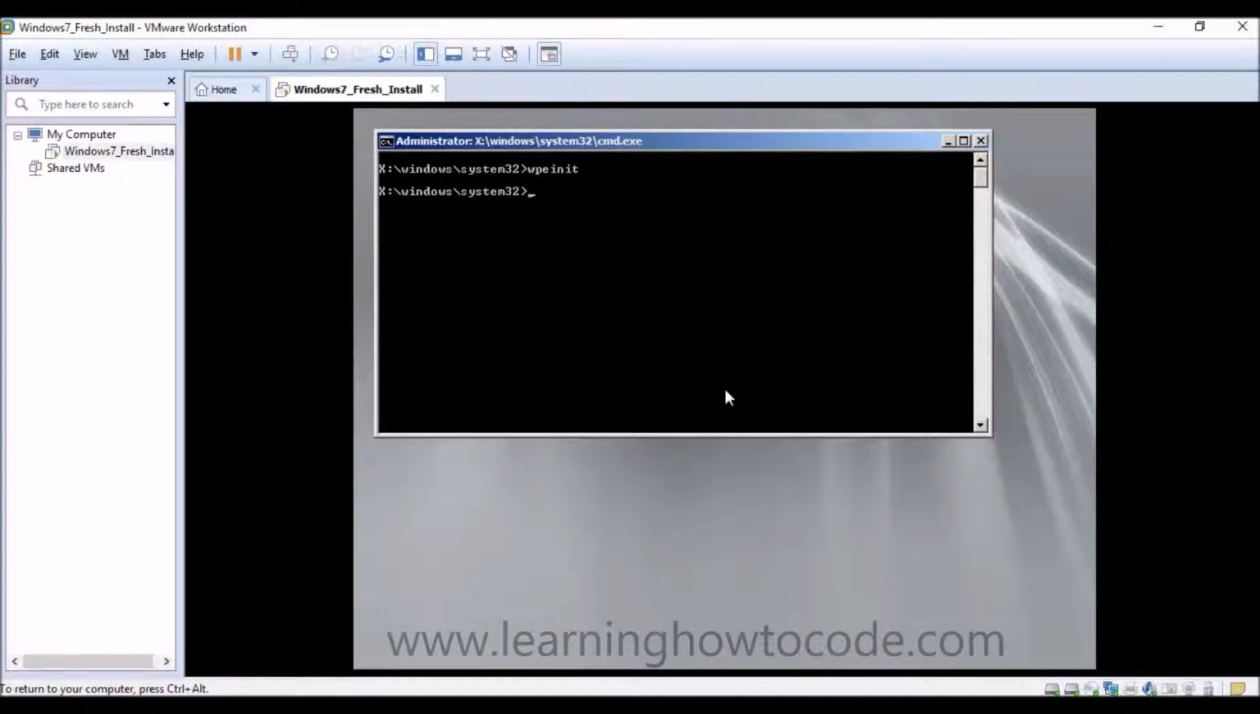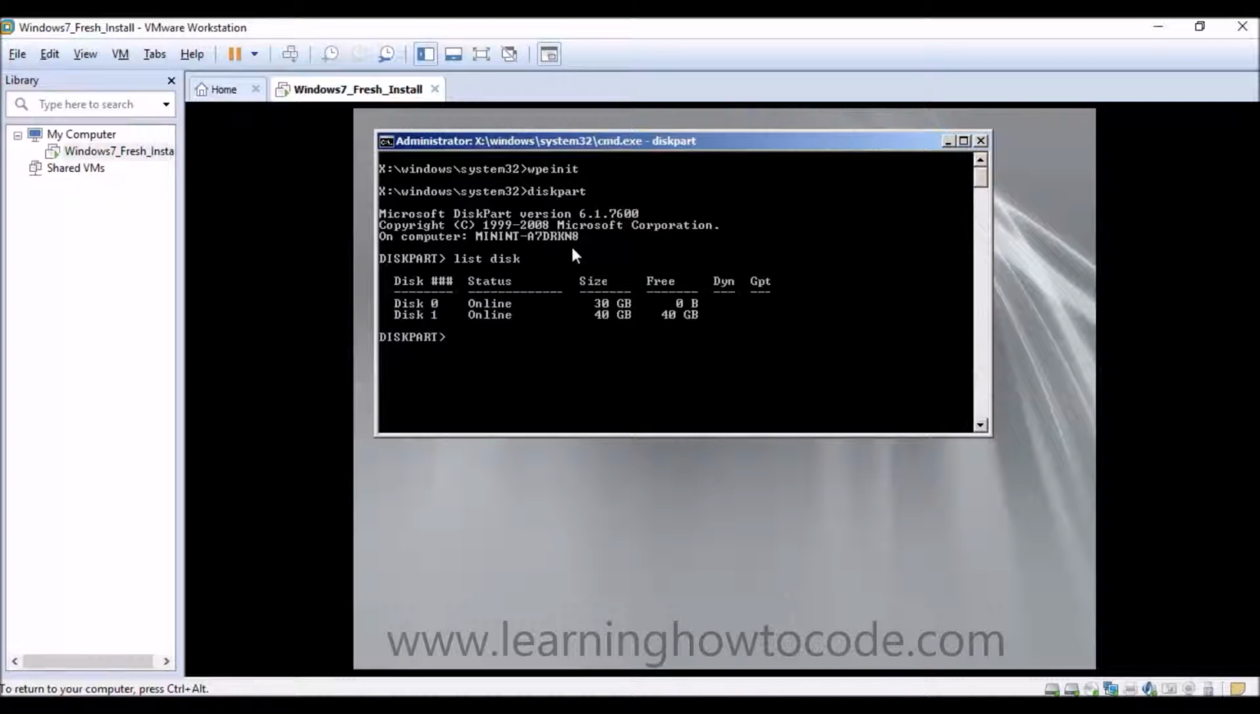When this PE environment loads, sometimes it'll take a few minutes before your command prompt is ready to take commands. So don't be surprised if you have to wait a little while for this second line to appear with the flashing cursor. So the first thing I'm going to do is type in Diskpart and then list disk,